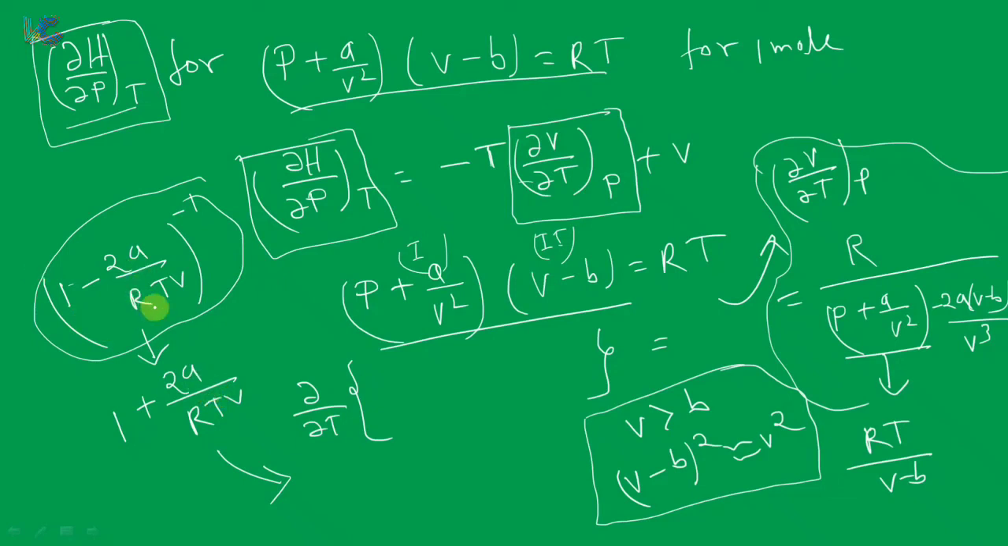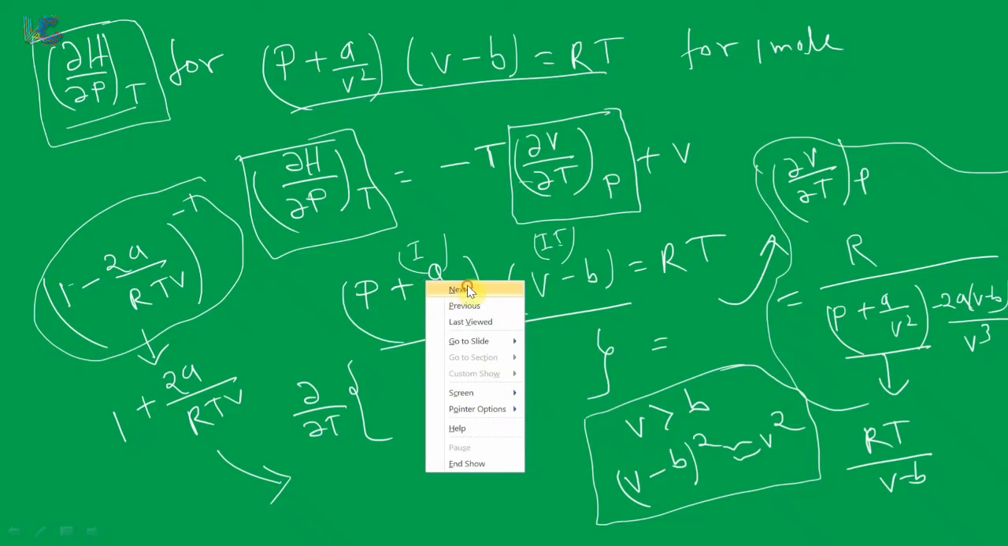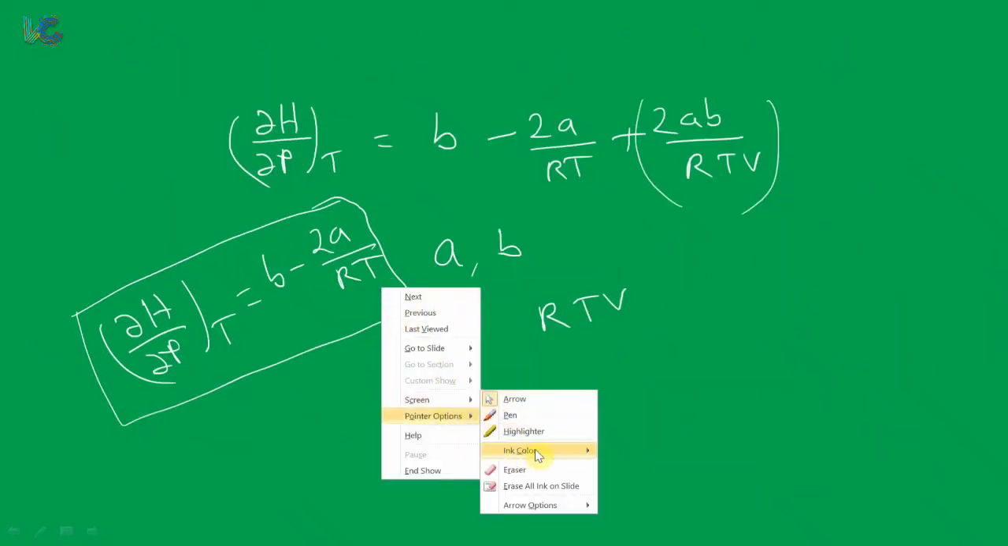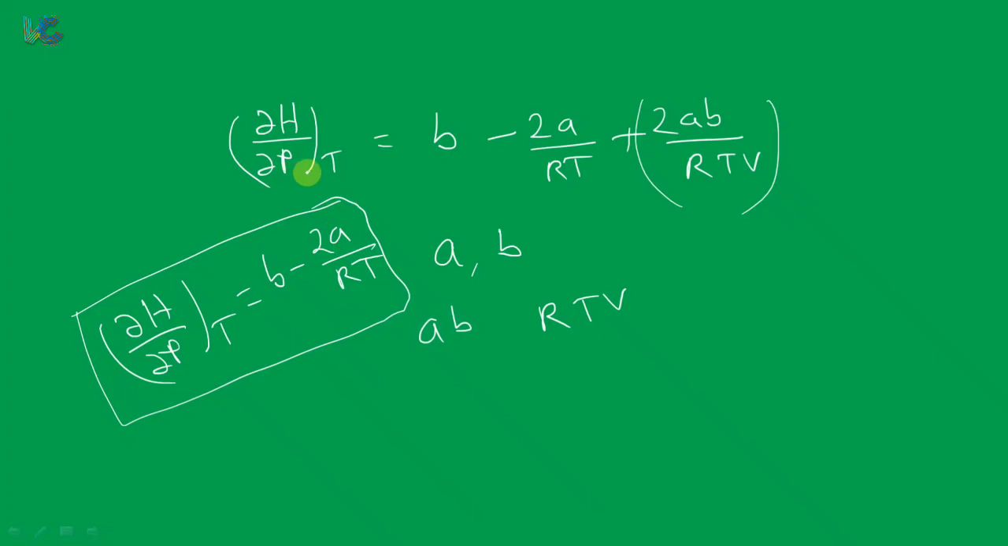So 1 minus 2A by RTV to the minus 1, instead of this you put 1 plus 2A by RTV. Now after that, if you put this, then what will you get? You will get del H del P at constant T is equal to B minus 2A by RT plus 2AB by RTV. Now you know A is small, B is very small, so A into B is very small. So A into B with respect to RTV is very small, so we can neglect this term. So at the end, del H del P at constant T is equal to B minus